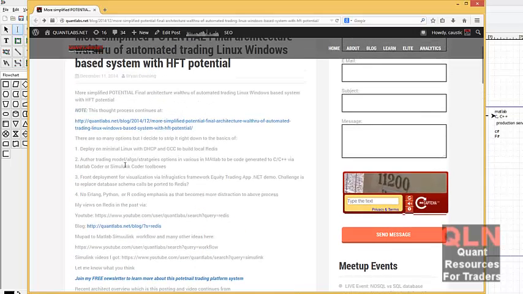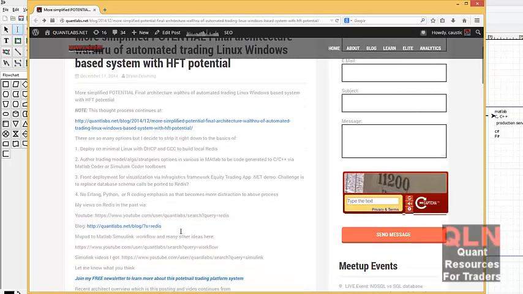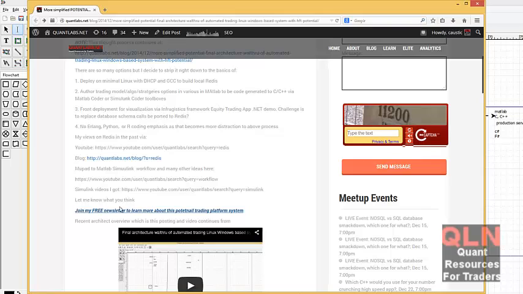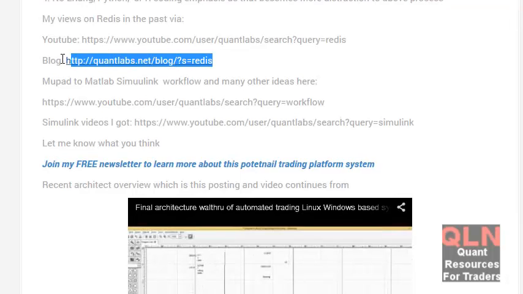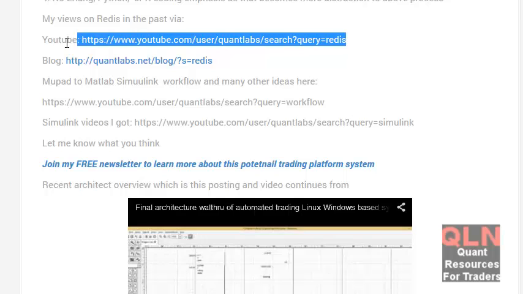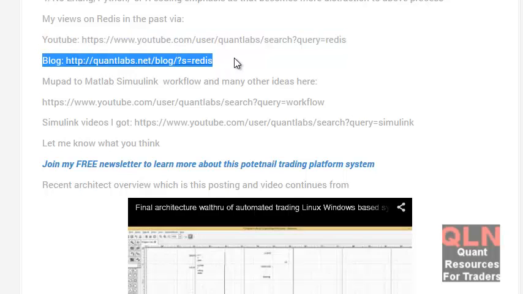Regarding Redis, I've put in some resources on Redis. I'm really trying to break it down, and I'm only working with 3 major components or tools to get me where I want to go. This right here and this right here will highlight my thoughts on Redis.